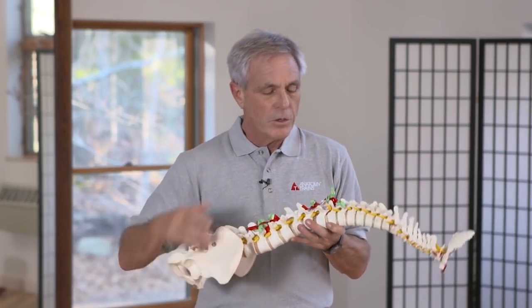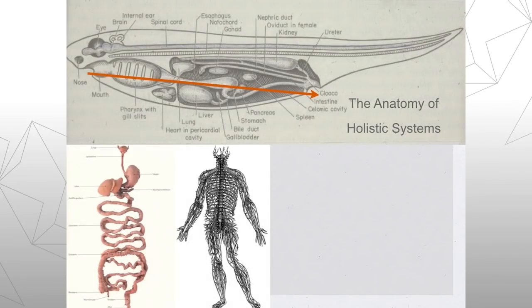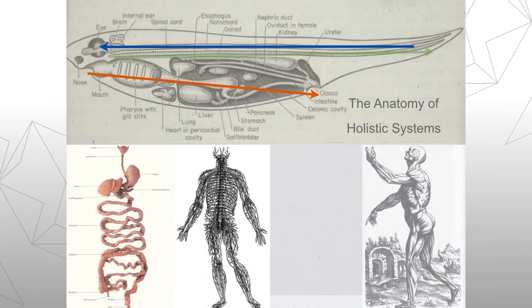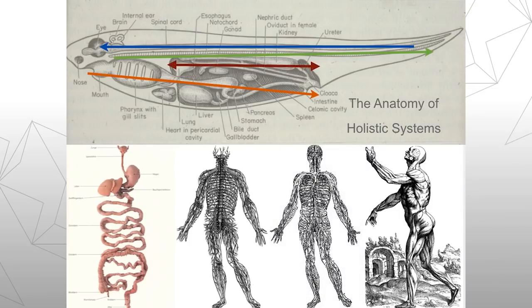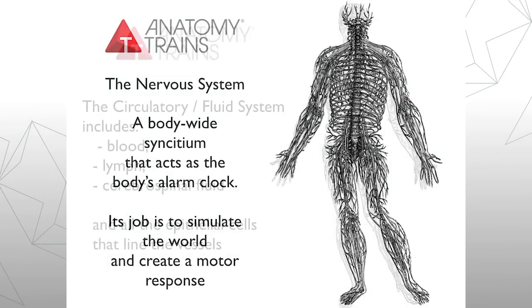So here's the second tube of the body, and right underneath it, no diagram for this, is the aorta, and that's the third tube. So I've got a digestive tube, I built a neural tube, a structural tube, and a circulatory tube over the top of that. And each one of these systems, as you can see in the slide, from that central tube spawns a system that goes body-wide. There are 3 systems that, if I could make everything invisible except for that system, would show us the shape of the whole body. The nervous system, the circulatory system,